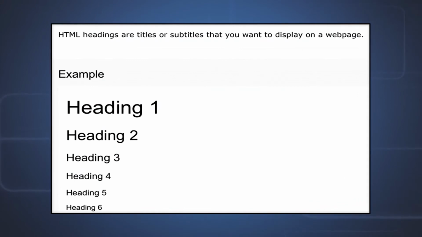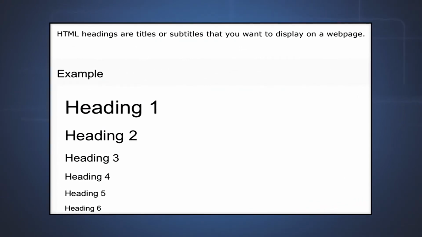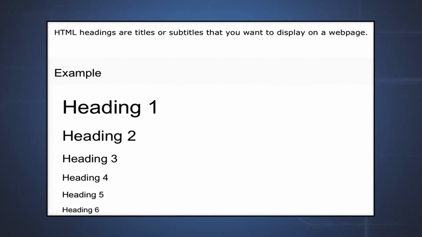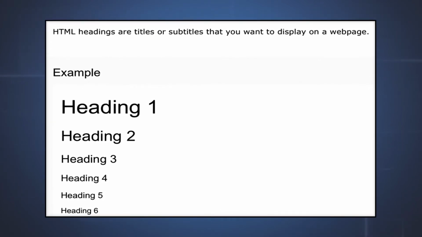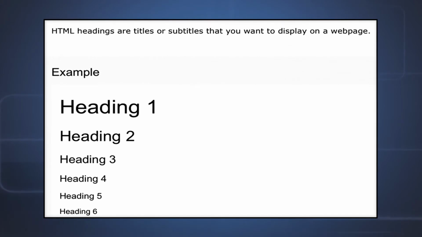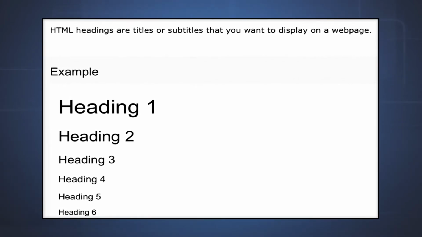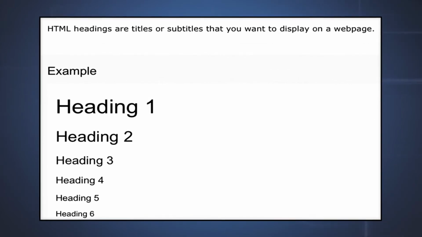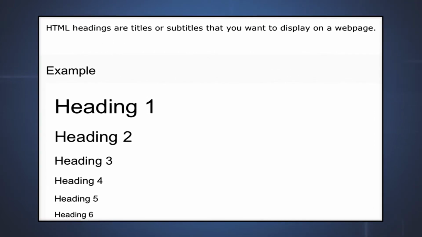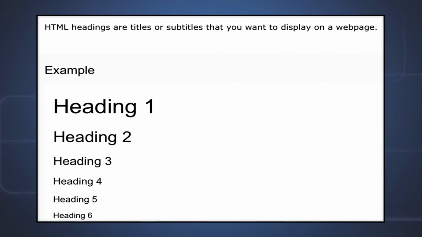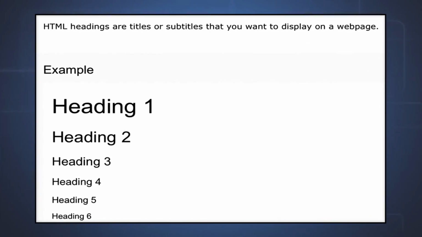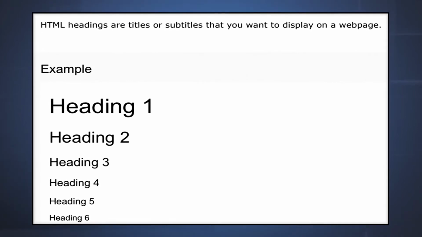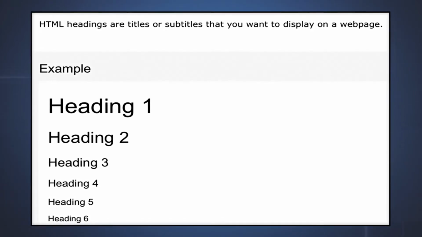Then we can have 6 levels of headings. I have already spoken about H1. H1 will be of the larger size. Then you can have subtitles which can be H2, H3, like that you can nest until H6. So H1, H2, H3, H4, H5 and H6 are the HTML tags which indicate headings, and whenever you use a tag among H1 to H6, the appropriate text will be displayed in the corresponding size.